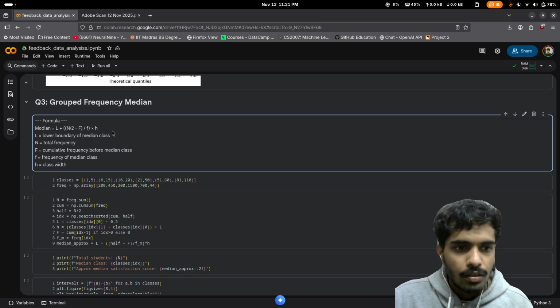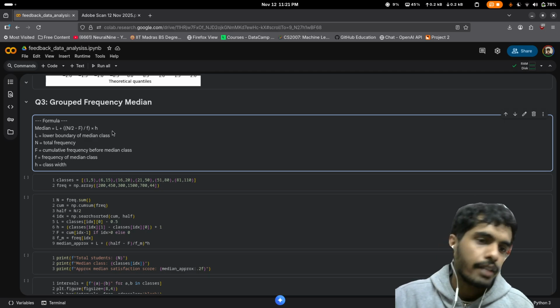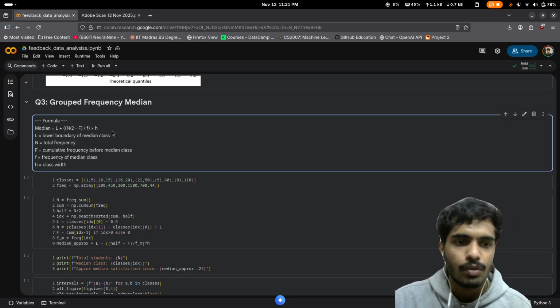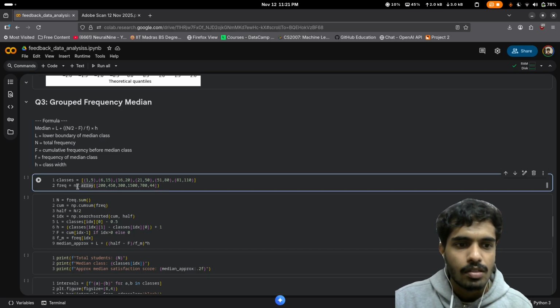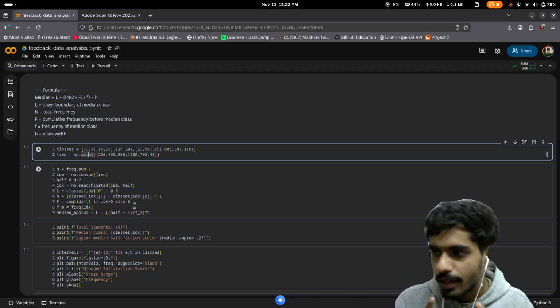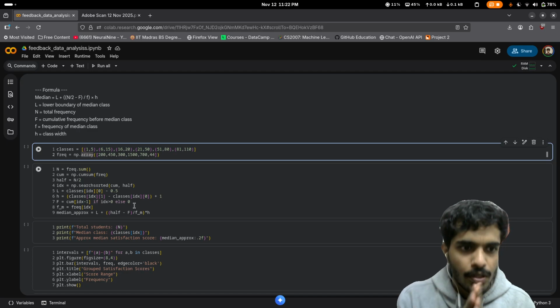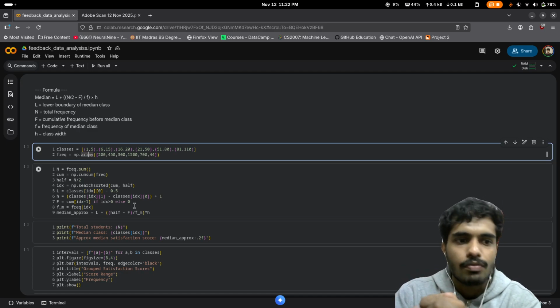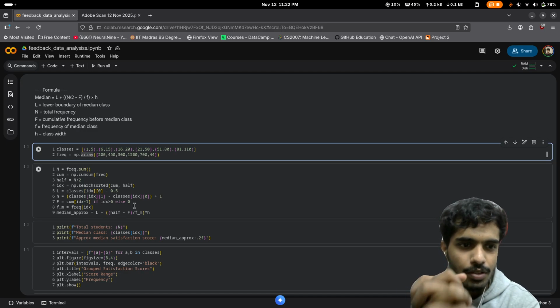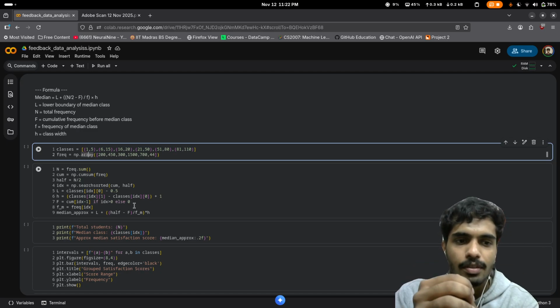At the start, we will first create the data set, right? The classes are the ranges and freq is the frequency. The frequency is stored in NumPy for applying its functions in future, right? The capital N is the overall number of students present in the data set, which we can find by using the sum function, and